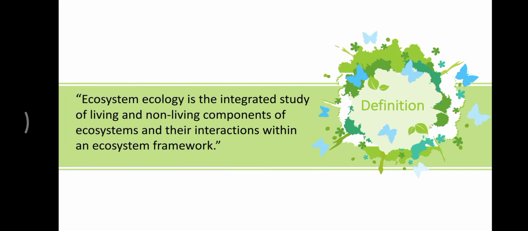Basically, ecosystem ecology is the integrated study of living and non-living components of an ecosystem and their interactions within an ecosystem framework. It is a subdiscipline of ecology that focuses on the exchange of energy and materials between organisms, that is their biotic factors, and their environment, that is their abiotic factors. The materials that are commonly studied in ecosystem ecology include water, carbon, nitrogen, phosphorus, and other elements that organisms use as nutrients. Getting towards the introduction,